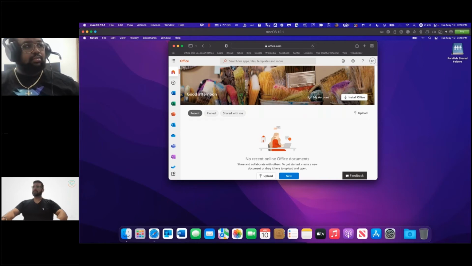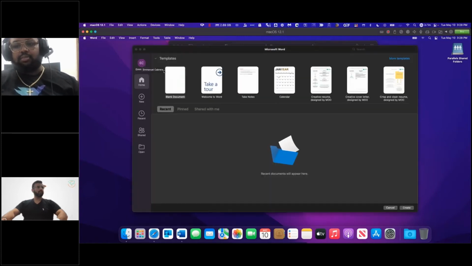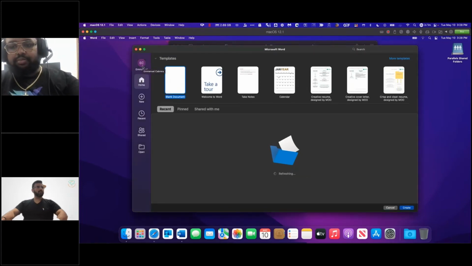We'll just give it a second there. All right, and you can see that I'm already automatically signed in right here. Perfect. So I'm already signed into my Microsoft Office apps, no additional authentication required.